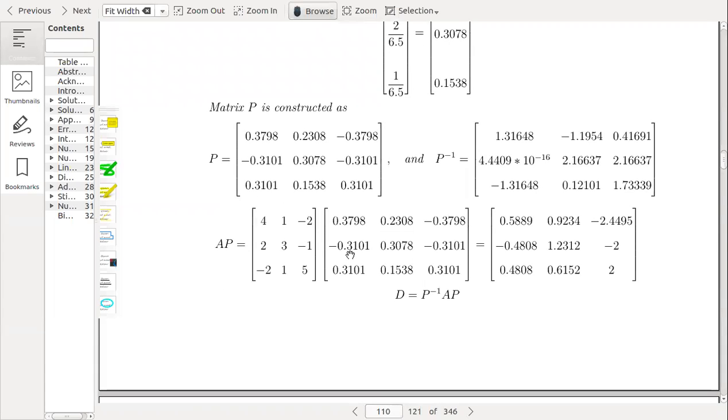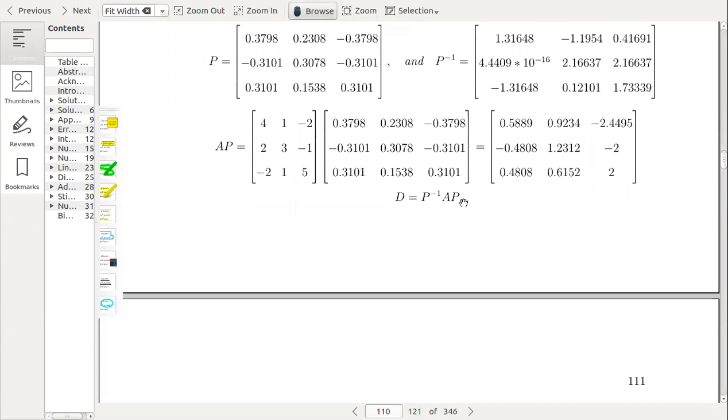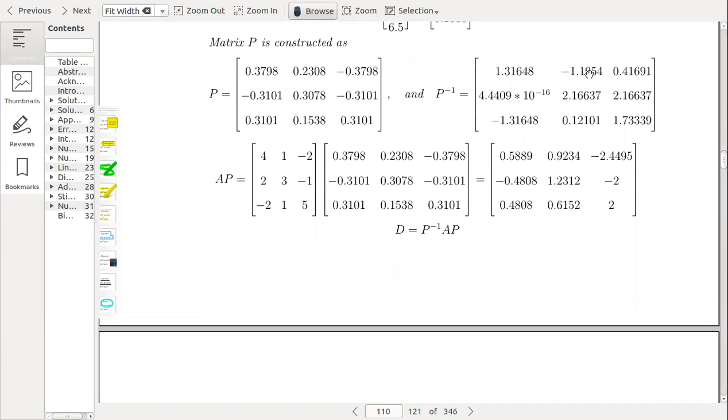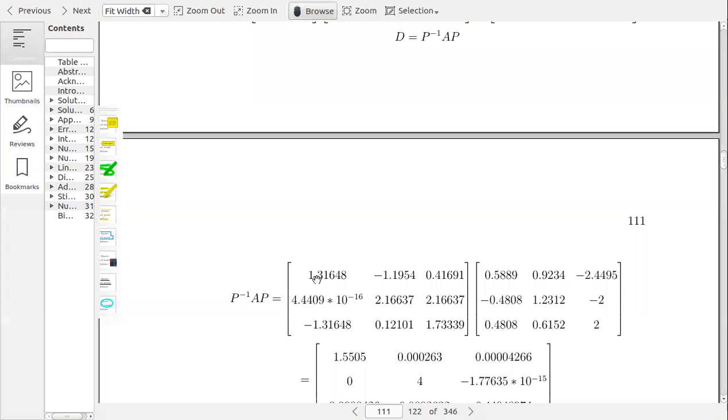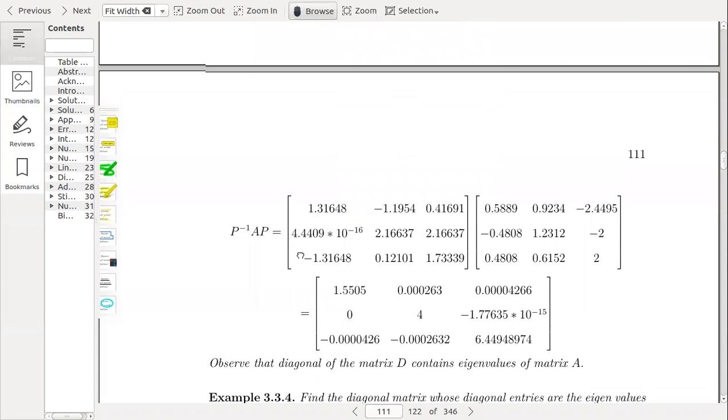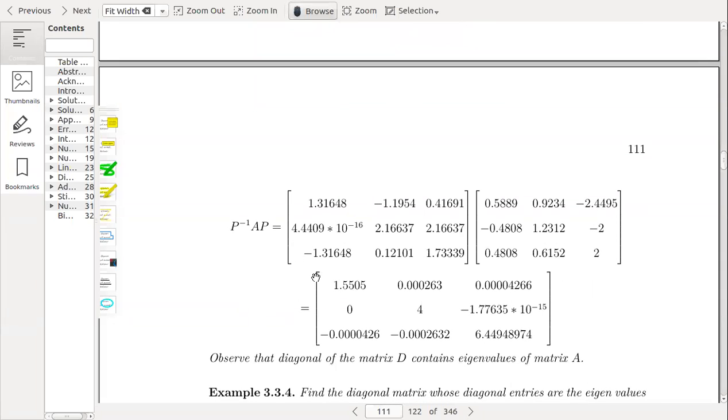So now just multiply matrix A with matrix P. If you multiply this matrix, you will get this AP. Okay. And now you have to calculate this P inverse AP. It means you have to multiply this matrix P inverse with this matrix. Okay. So multiplying this one, P inverse AP, you will get this matrix